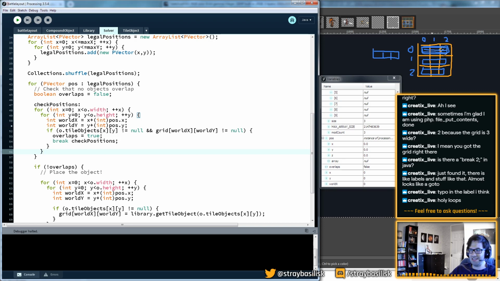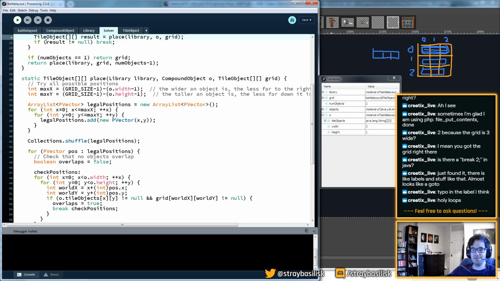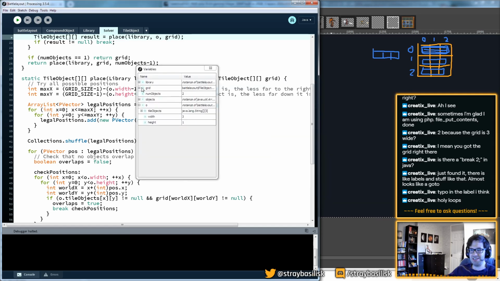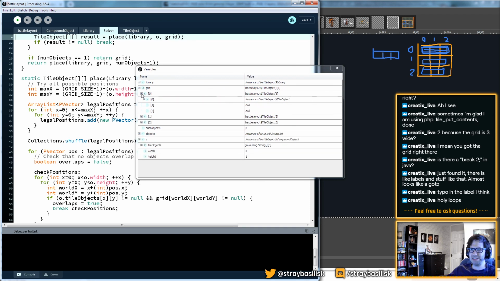Then it's going to check that there's nothing already existing in those cells. We already know that's the case since this is the first object to be placed down. So I imagine it will just loop through without detecting any overlaps. Okay, no overlap, so it's now going to try and place the object. So it's going to go through and populate the world grid with those objects. Boom, that's one object placed. So if we now check this grid variable, you can see that